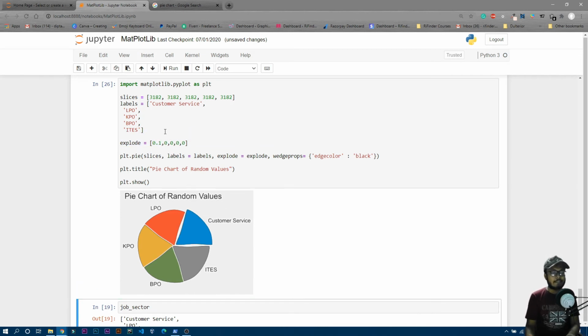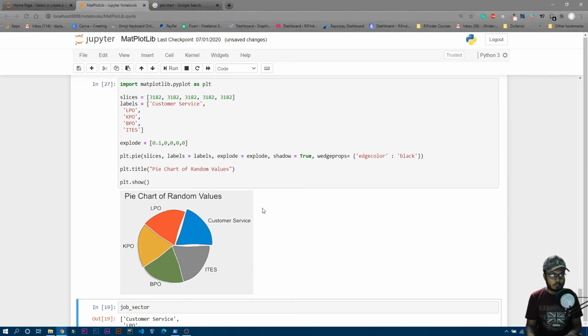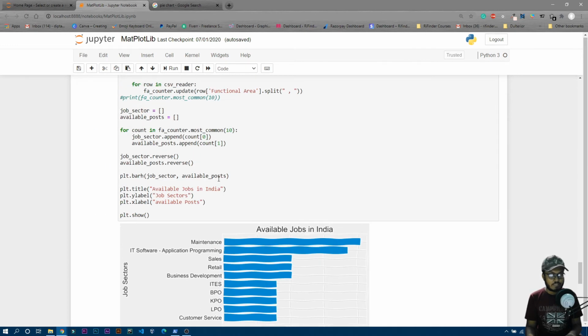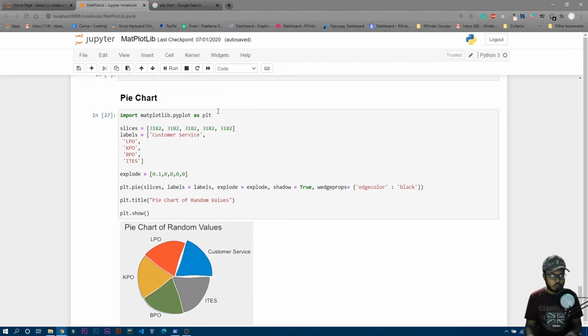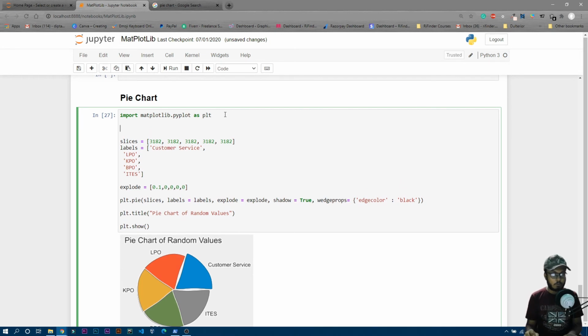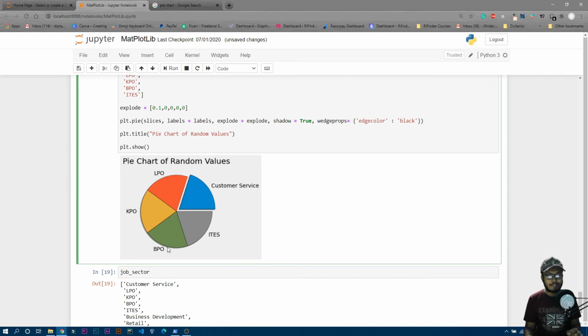And you can also make this particular pie plot in 3D. So in that case you can just write over here shadow will be true. Okay, now if I run it, basically this particular theme doesn't have this option, so we actually need to change the theme. Okay, so I'll just choose this one and paste it under the import pie plot. Okay, and let's run this cell again. So you can see now the theme is changed, and now you can clearly see the shadows over here. So now it looks more 3D, and yeah, you can see the customer service starts over here